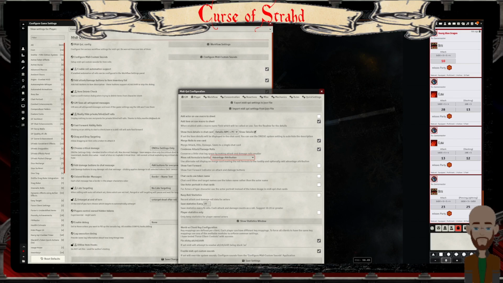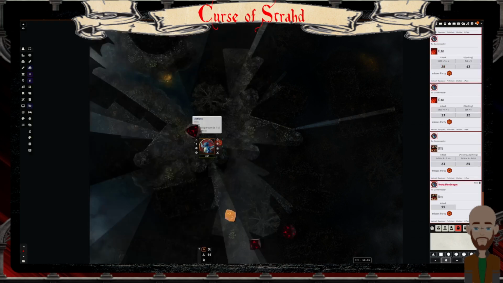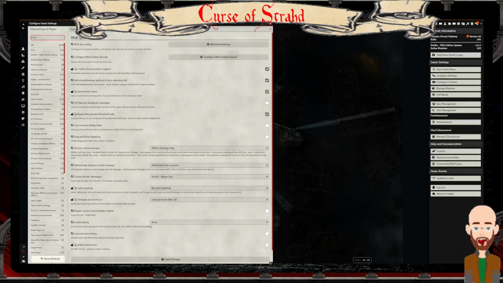Well, let's see what this formula tooltip is. And it might be that I have to sign in as a player. Ooh, it doesn't show me the formula unless I open it. I do like that. It just shows me the total. I like that a lot. So, I'm rolling a lot of 1s. Holy cow. Alright, let's go ahead and do this. We are going to go ahead and configure that setting. I really liked that actually, which, now that I know what it is,